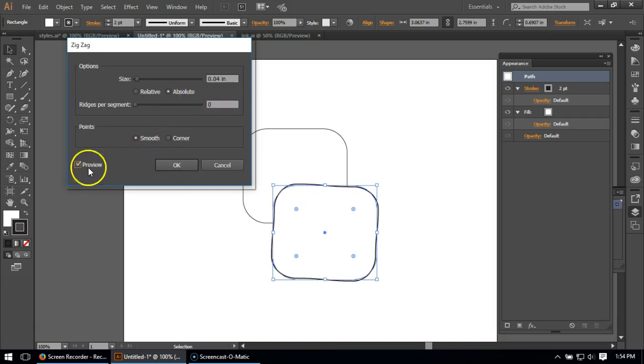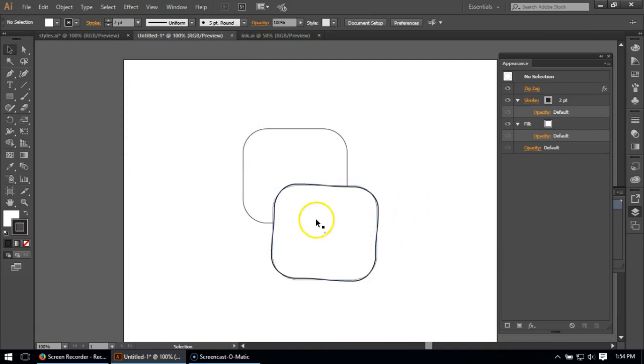Let's do preview. If I toggle this preview, we can see that it just sort of tweaks it a little bit and pulls it in. Just makes it slightly imperfect. The more you play with those numbers, the more imperfect you might make it seem. Now the other thing I'm going to do is, right now it's a perfectly clean black line, which might be perfectly fine for you. It might be exactly what you want it to look like, but sometimes line thickness changes